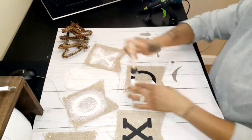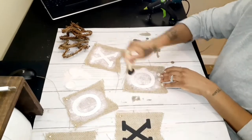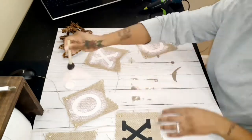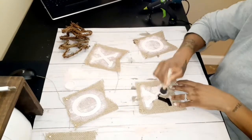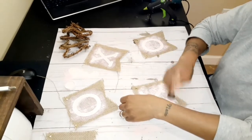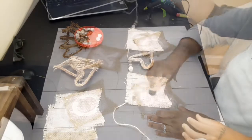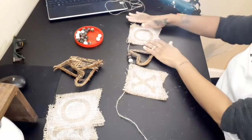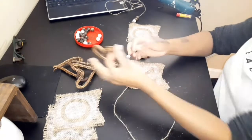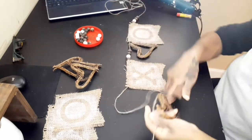But anyway, these turned out really, really cute. I was kind of scared once I lifted up the stickers that something was going to be jacked up. But it turned out really, really cute. And I peeled these off while they were still wet. It didn't mess anything up. Once they were dried, though, I went ahead and